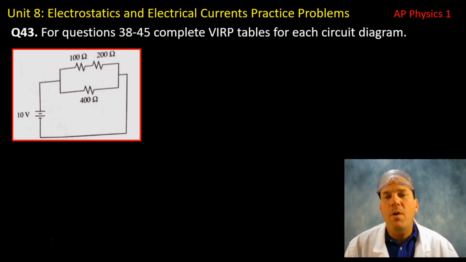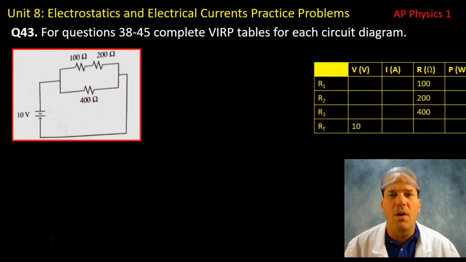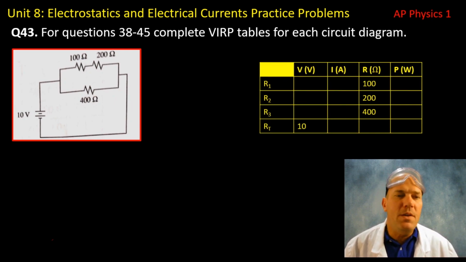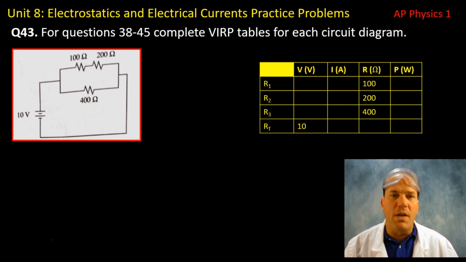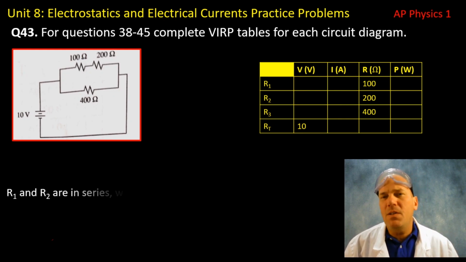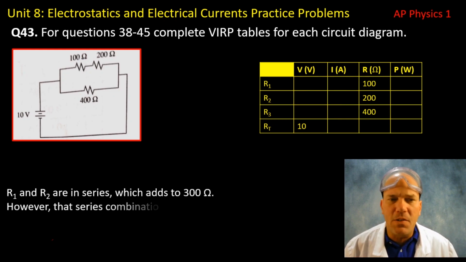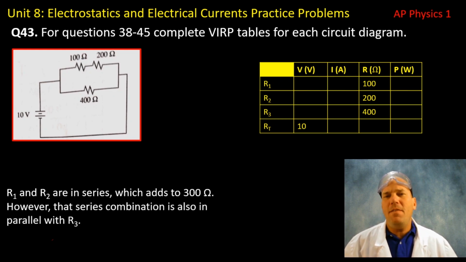0.096 watts. Question 43. So this circuit looks a little different, but let's start by writing down what we know. In the VERP table, we know the resistances for resistors 1, 2, and 3, and we also know the total potential difference. Now, here's what's a little different about this particular circuit, is we have a series combination within a